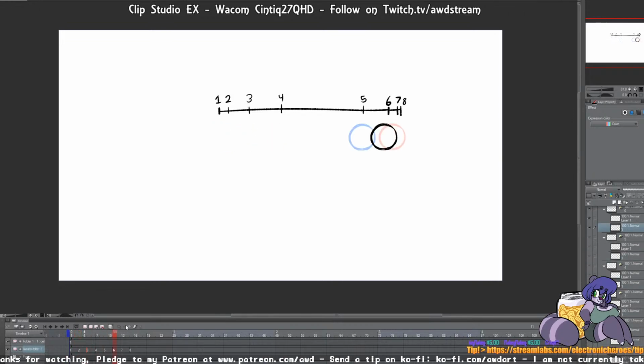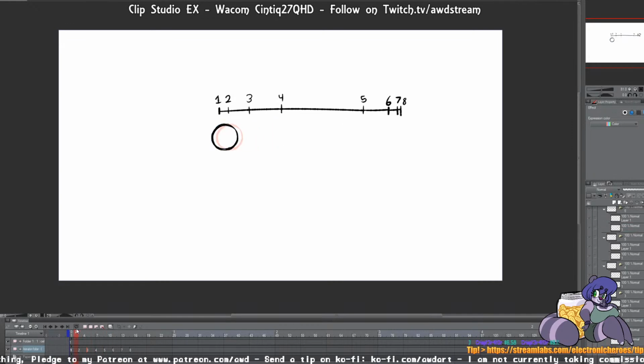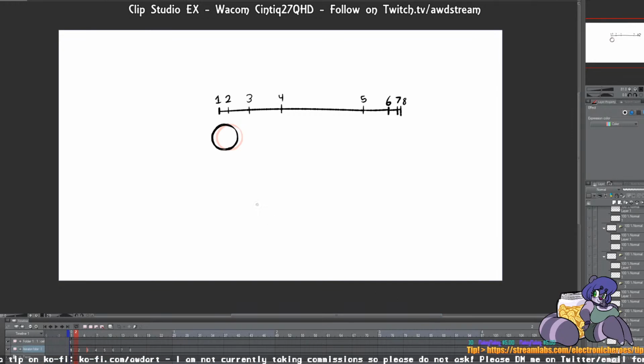But yeah, this is just a basic fundamental animation, the ease in, ease out sort of thing. Now, the second thing I want to show you, now that we have this ease in, ease out, is what can happen when we start using squash and stretch. So I can probably put these in regular folders. I'm gonna copy this circle,